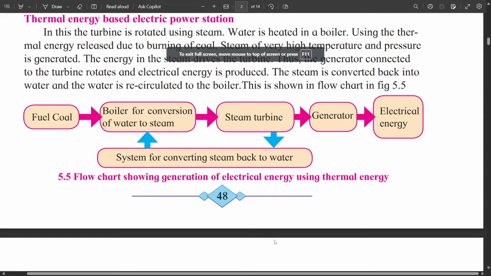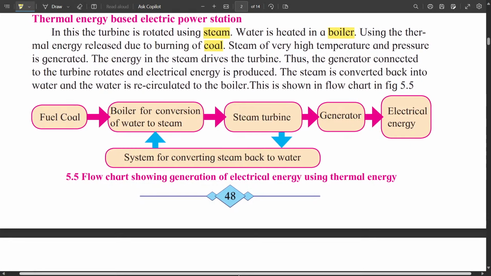Thermal energy based electric power station. In this, the turbine is rotated using steam. Water is heated in a boiler using the thermal energy released due to burning of coal. Steam of very high temperature and pressure is generated. Energy in the steam drives the turbine, thus the generator connected to the turbine also rotates and electric energy is